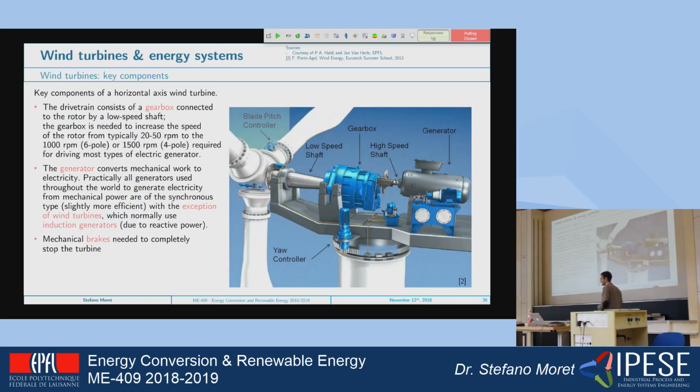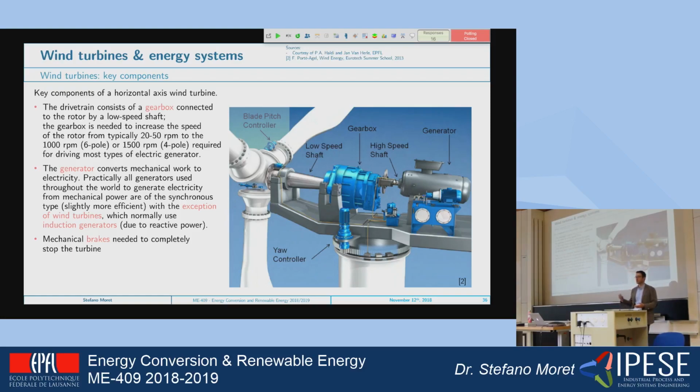The key components that we have inside the wind turbine, so here gives you a zoom on what is happening on the top of a wind turbine. The key components will be that we have the motion transmitted to a gearbox. The gearbox will be able to transform the rotational speed of a wind turbine into a speed which is compatible to the alternator. And actually, the alternator is what is normally limiting the design of a wind turbine, because